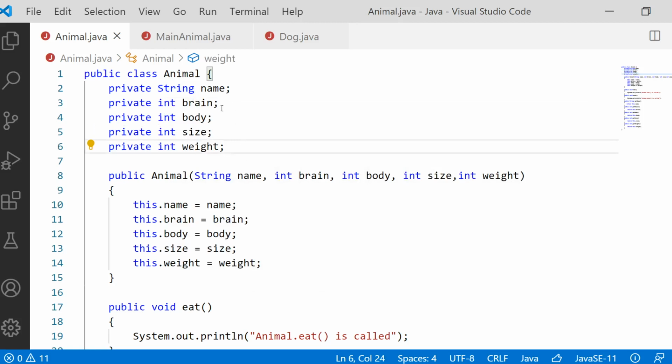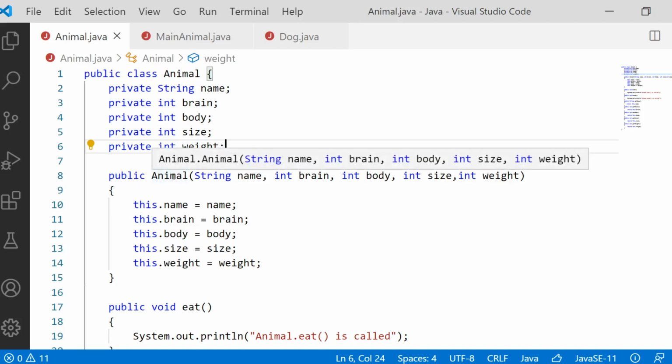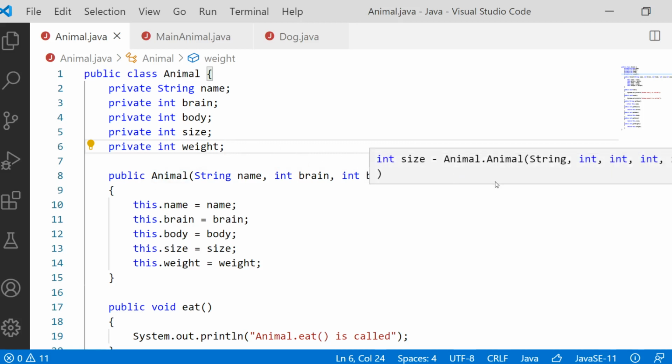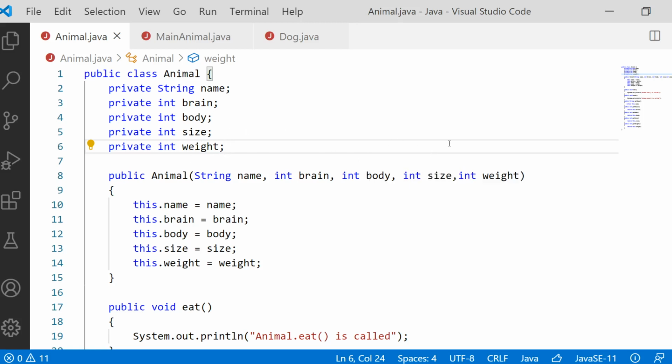For this class Animal, we took a public constructor that takes these 5 attributes as parameters, and all the attributes of the class Animal were assigned.